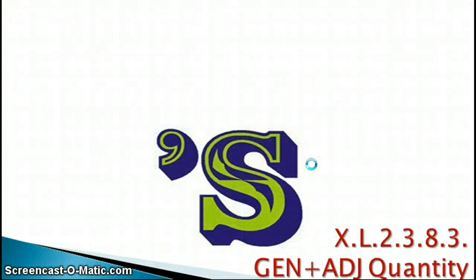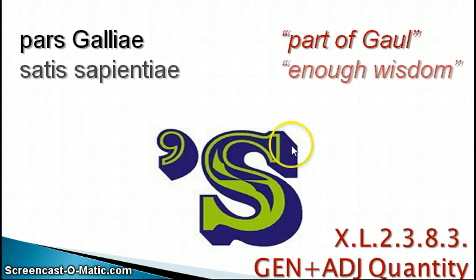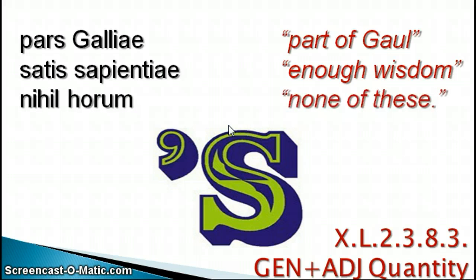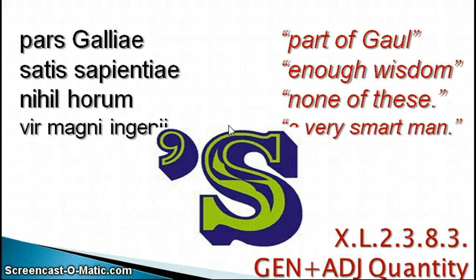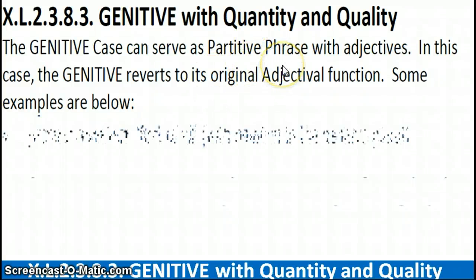Now, the issue on the genitive is we've always thought of it as possessive, and it is. Simply put, it means of. Those would all work, but we are preparing for the AP, and where they do want to focus on the typical grammatical names that have been used for a few hundred years. So this would be the genitive with quantity or quality, sometimes also called the partitive.